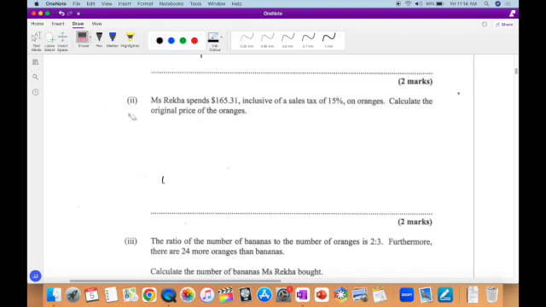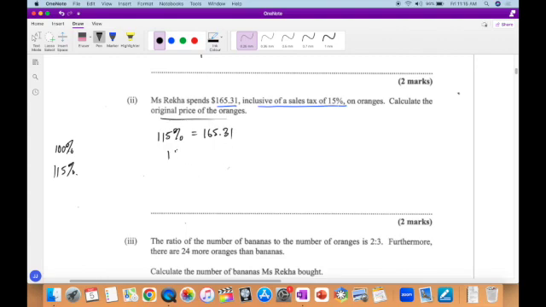Now, Miss Reka spends $165 inclusive of a sales tax of 15%. Calculate the original price of the oranges. So there are many different ways that we could do this. We could think of the original price of the oranges as being 100%. And so therefore, inclusive of the sales tax, when you add 15% sales tax, you'll have 115%. So with the sales tax, it'll be 115%. And that would give us $165,